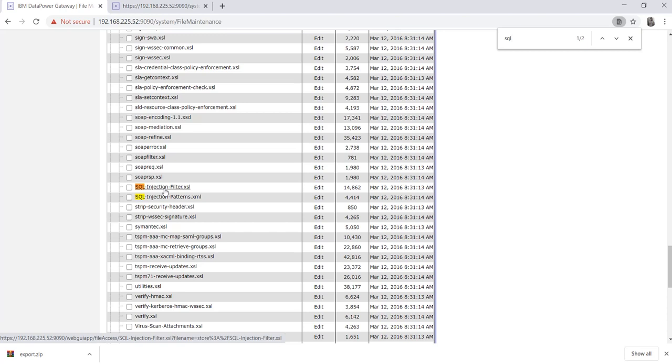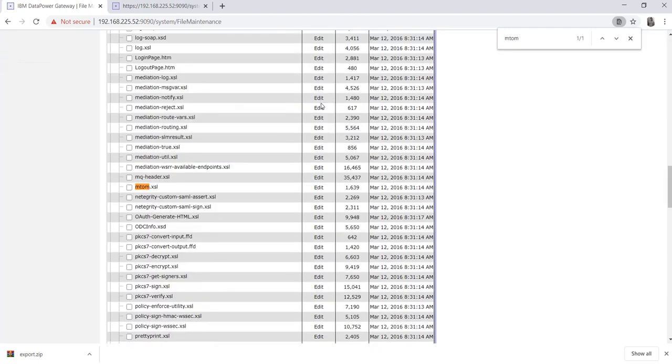And if you want to customize that XSLT or any file, for example, we have the mtom file, which is used when DataPower handles a SOAP request with an attachment. In that case DataPower will use this mtom.xsl.